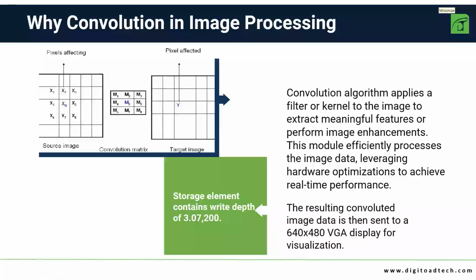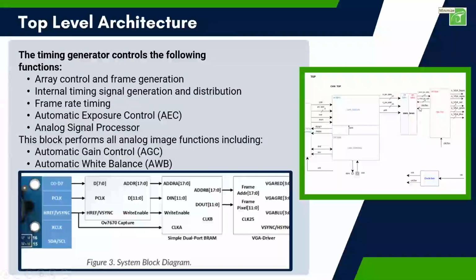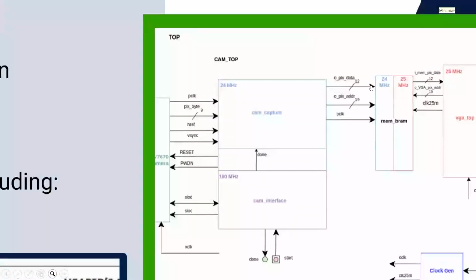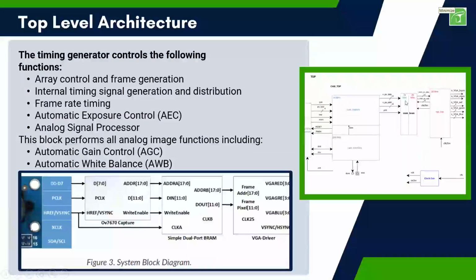So the image data and hardware optimizations are completed for this. As I said, we are generating 640 by 480 resolution. So the VRAM depth comes into the picture: what is the storage element, how are you writing it from your pixel address, and how are you reading it out? So this is the 24 megahertz clock that we receive, with which we write our data, and 24 megahertz is the writing period, and the reading period is the 25 megahertz clock that we receive. So this VRAM has a FIFO depth of